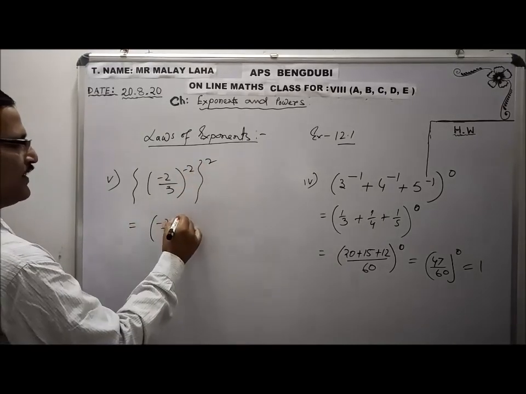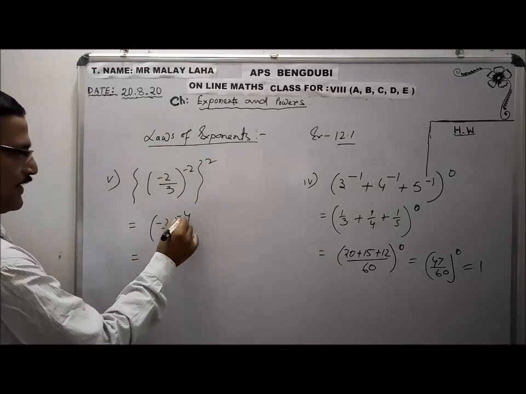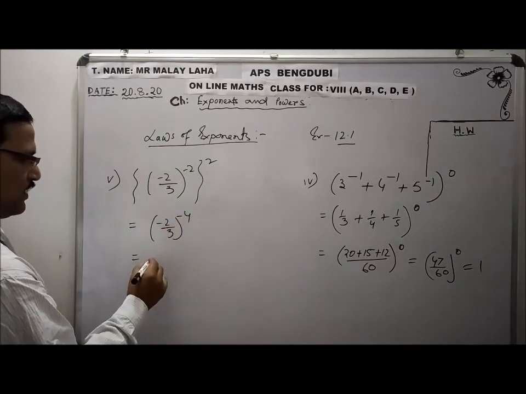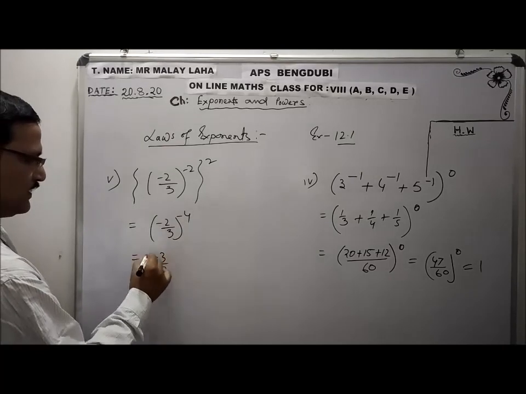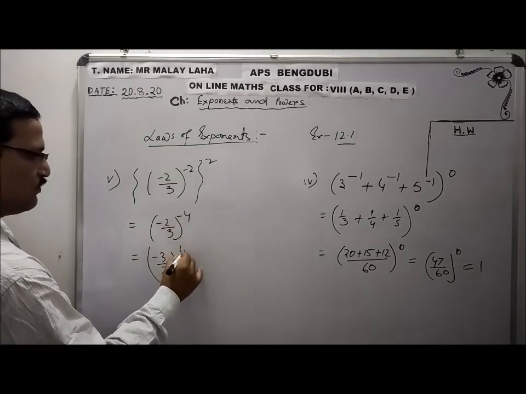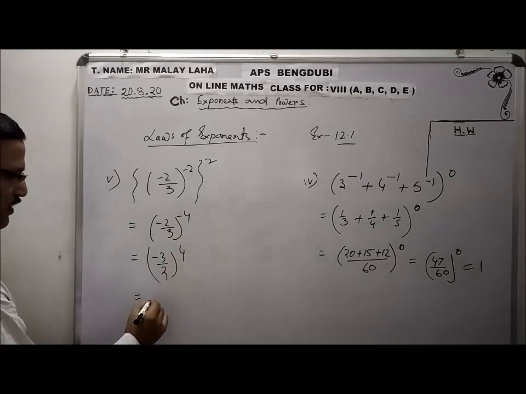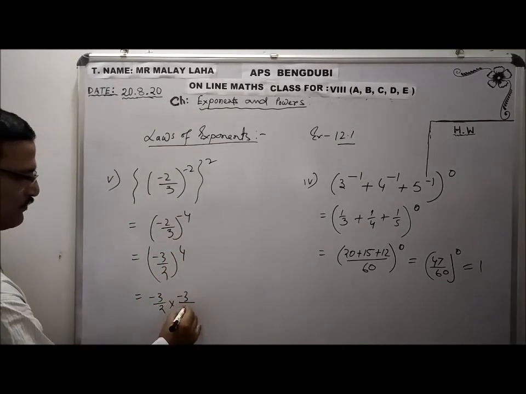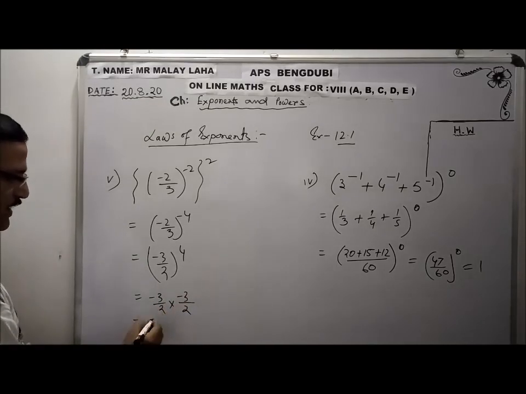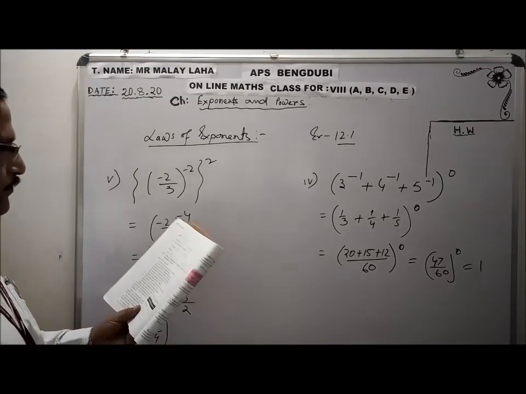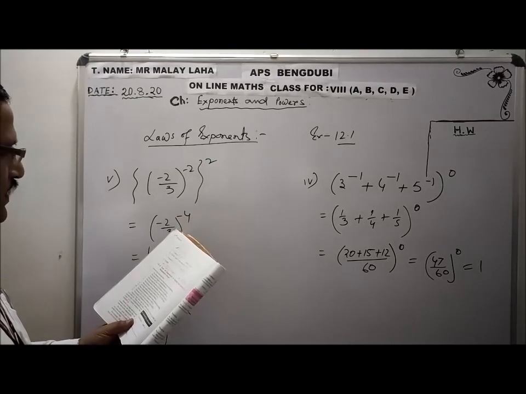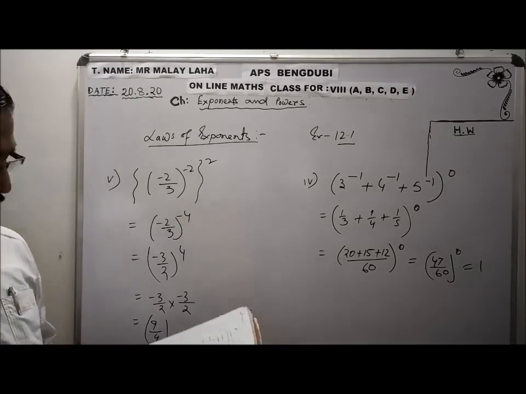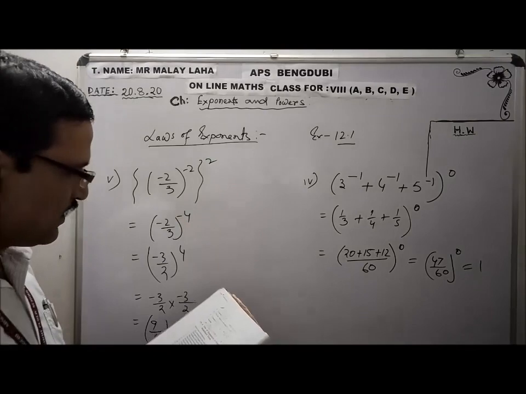2 to the 4 minus 4. After that, negative, we have to make it positive. So minus 3 by 2, reciprocate the base, raised to 4. That means we have to write down minus 3 by 2 four times. If you are facing a problem, you can write it down also. 3 threes are 9, minus minus plus, 2 twos are 4. This is the final answer. Clear? So question number 3 is over, and rest what we have done.